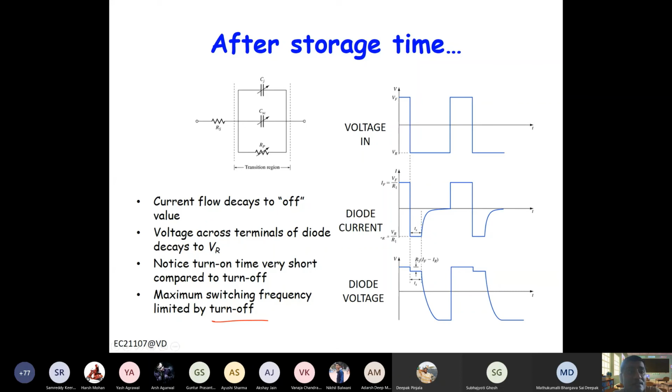With this, we complete our discussion on the PN junction diode. Now 20 minutes are left, so I will not introduce a new topic. Next class we are ready to discuss the BJT and MOSFET. The BJT we can discuss straight away. Regarding the MOSFET, we will need to discuss the metal semiconductor junction, so that will be another lecture. With this, I close this lecture. If you have any question, you can ask me. Let me stop the recording.